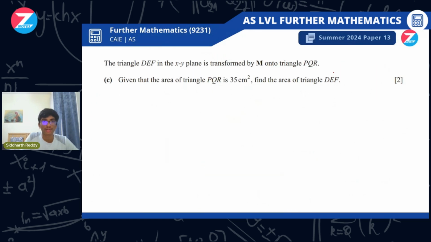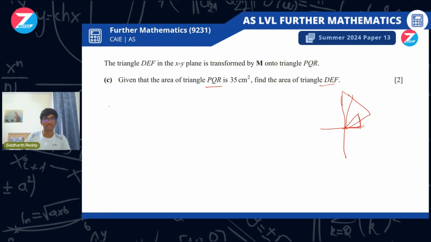So that's for this one. The triangle DEF in the xy plane is transformed by M onto the triangle PQR. So some triangle DEF is there, and after that transformation, it's mapped onto some other triangle. Given that the area of triangle PQR, the resultant triangle, is 35, find the area of the original triangle DEF. Whenever any shape is there on the xy plane, after the geometrical transformation, its new area